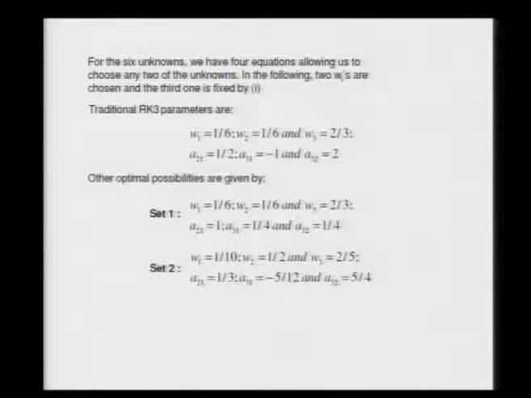And in the traditional RK3 method, these parameters are given by A21 as half, A31 as minus 1, and A32 is equal to 2. What we have gone through in this exercise is that we have performed an optimization, looking at the next higher order truncation term, and we try to solve, and we obtain the following 2 sets, set 1 and set 2. So, essentially this is what our solution methodology is going to be defined by.